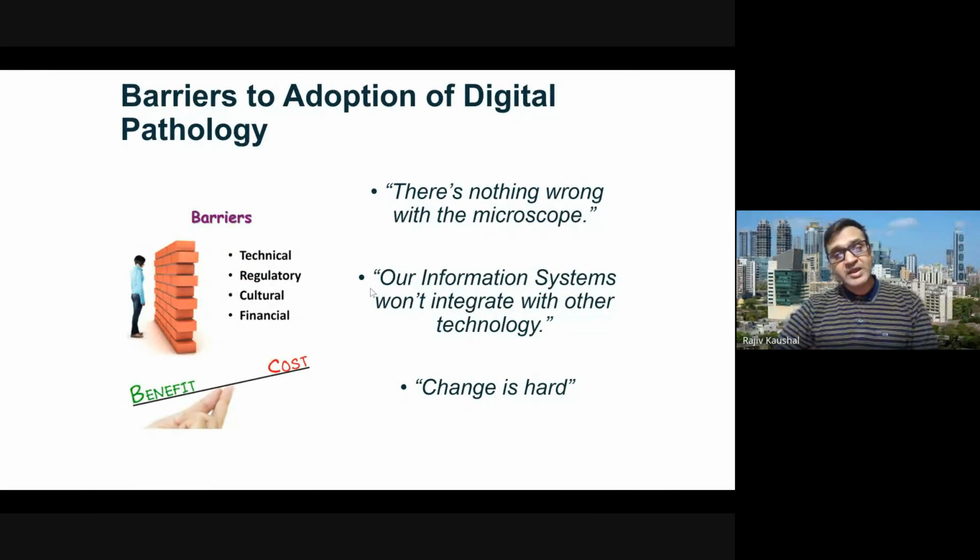So there are multiple applications, as you must have seen, but still there are barriers to adopting this technology. The major barrier, which is talked about, is the cost. But if you see the overall benefits of this technology against the hindrance, they are far more than the actual barriers. In addition to the cost, there are some concerns, like technical issues in using this technology, or even the culture, meaning the shift from the microscope, that the resistance or hesitance among the pathologists is also one